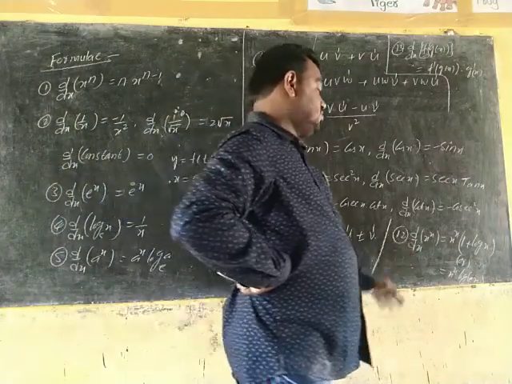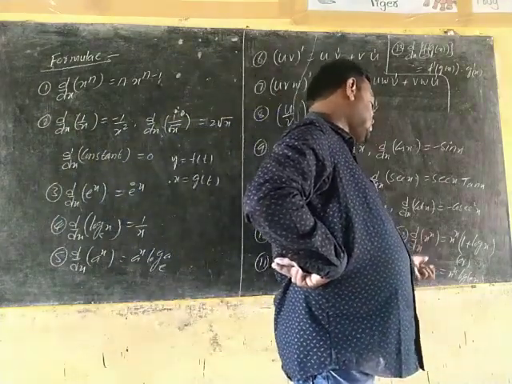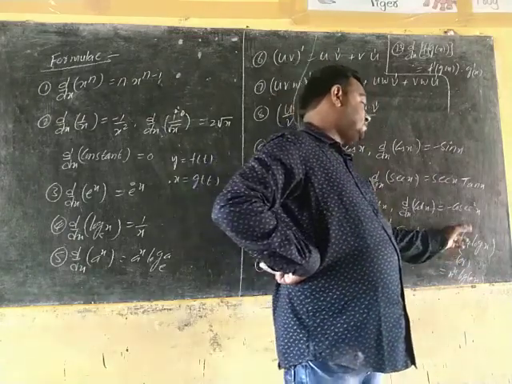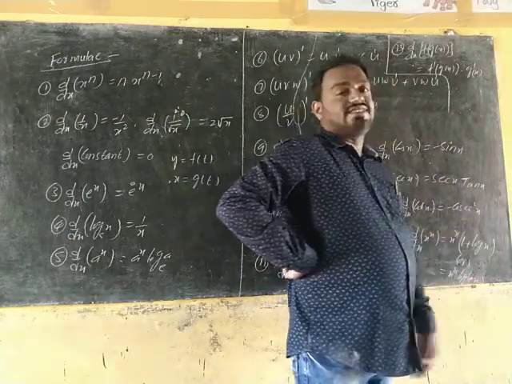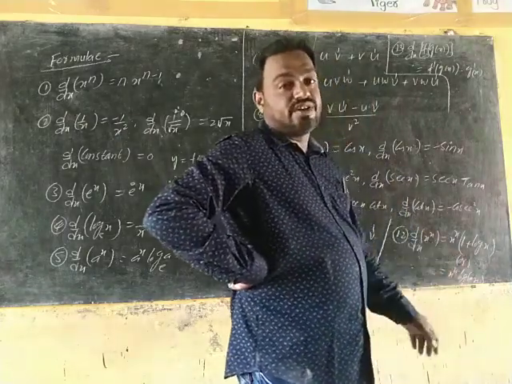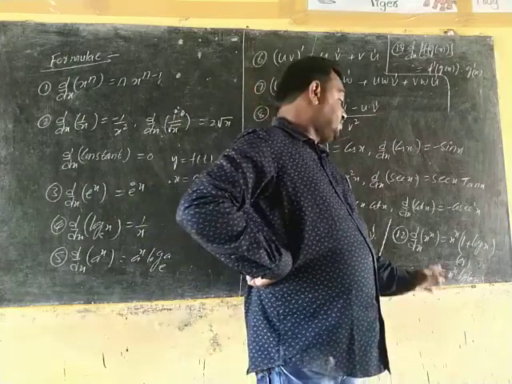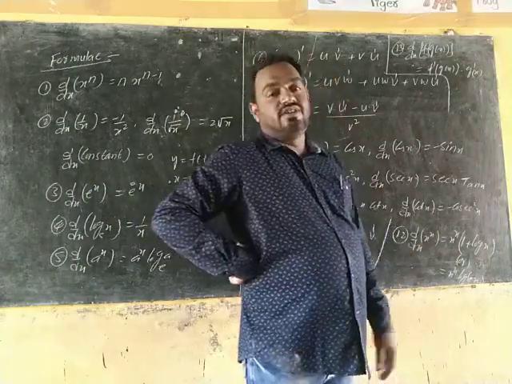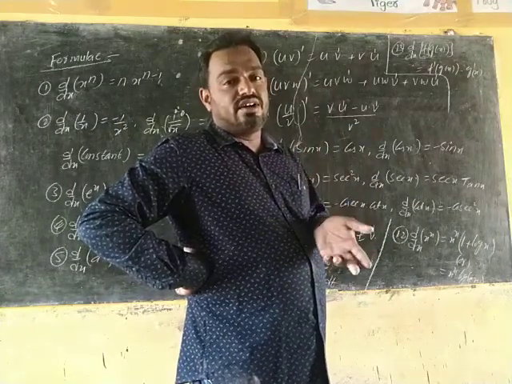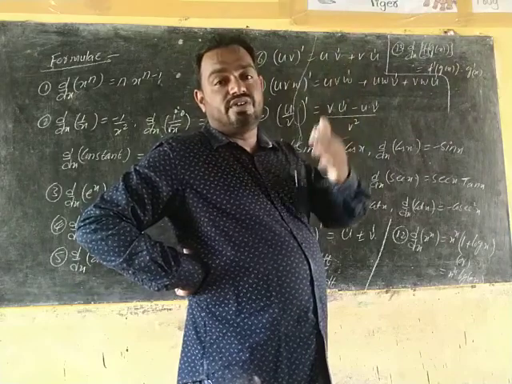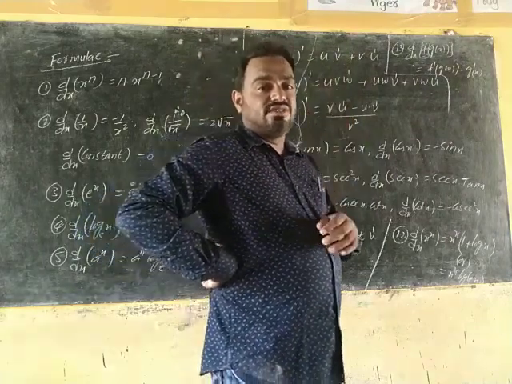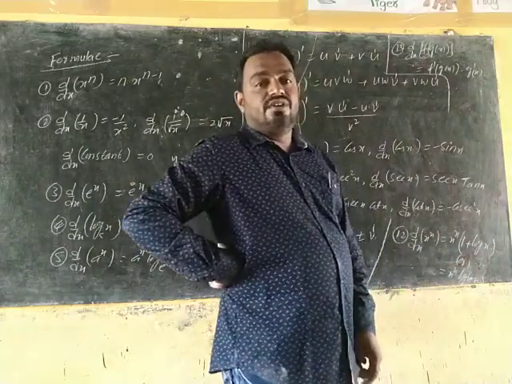Next, most of the time we use this formula also: derivative of x power of x is x power of x into 1 plus log x. Actually this is in the first exercise board question, x power of x derivative. How do we find it? Let y is equal to x power of x; we apply logarithm on both sides. Power functions, how did we solve them? Sin x power of x, x power of x, sin x power cos x, cos x power of sin x. Like this, some power function derivatives we already found.